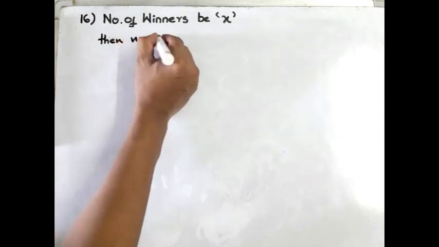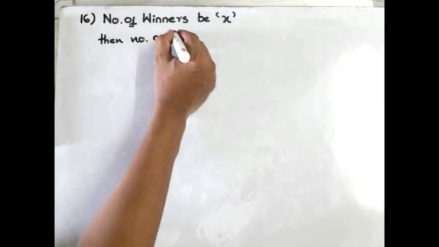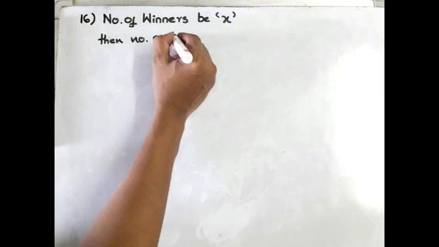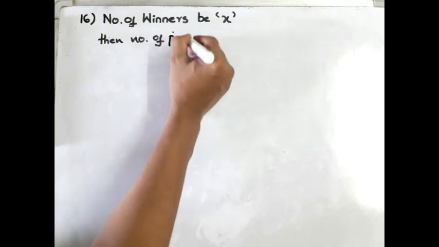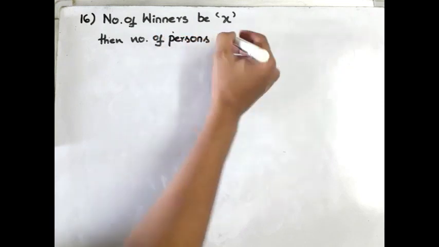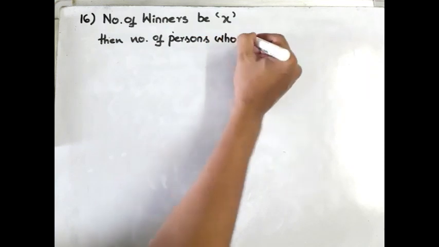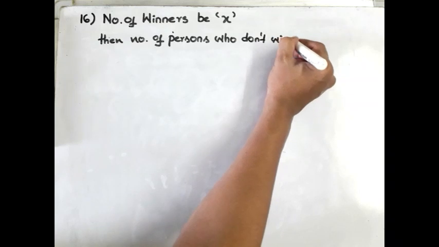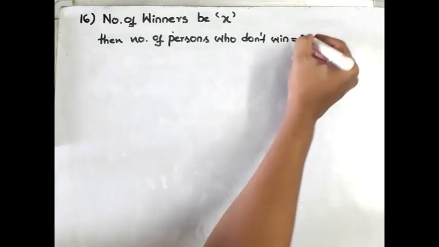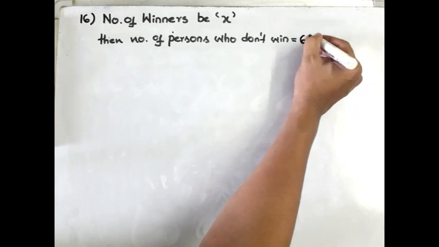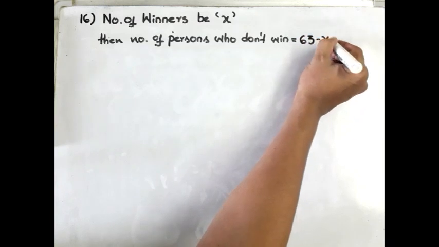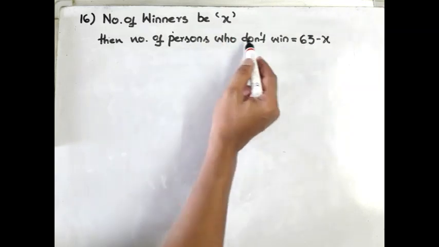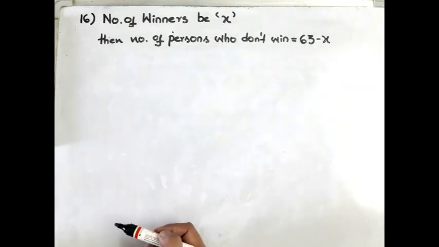Number of losers, or persons or children who don't win, number of persons who don't win is equal to, they gave total number of participants as 63, hence 63 minus x. 63 minus number of winners gives us number of persons who don't win. And